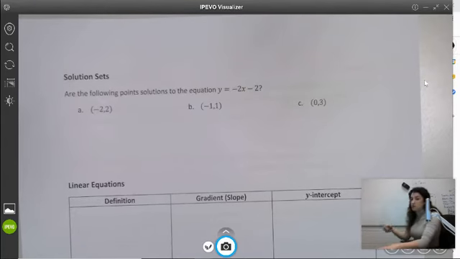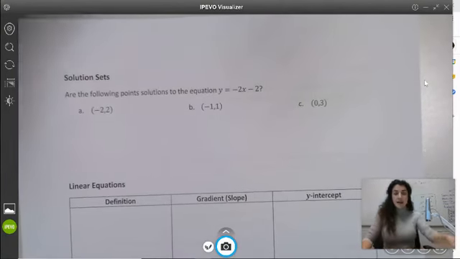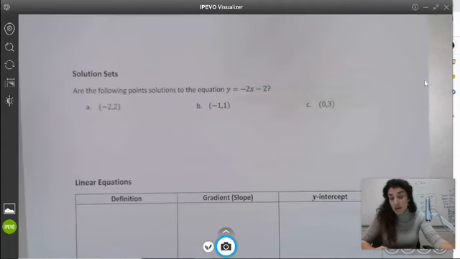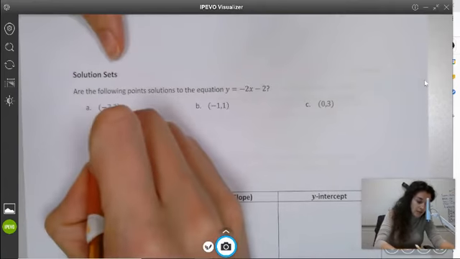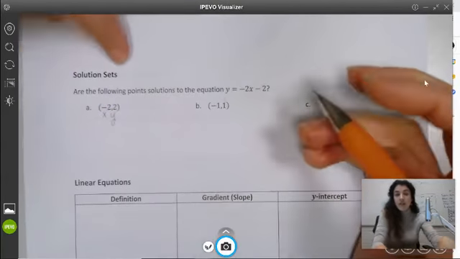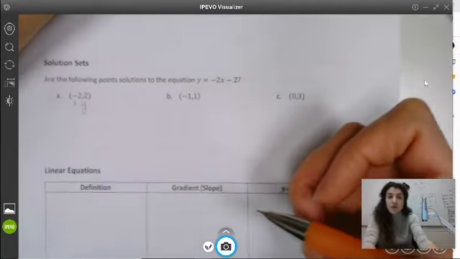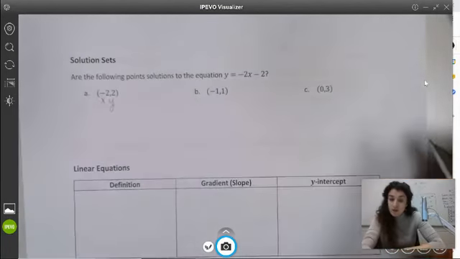And so when we're trying to find solution points to determine if this is a solution, what we're really asking is: does this point lie on this line? And how we find that out is we plug in these x and y values. This is x, this is y. We plug it into our equation. And if that equation still holds true, if it gives us a statement that is true, then they are solutions